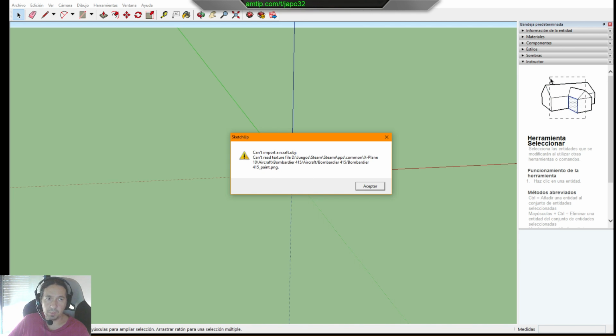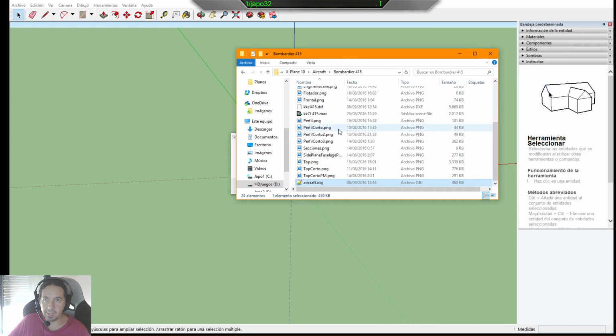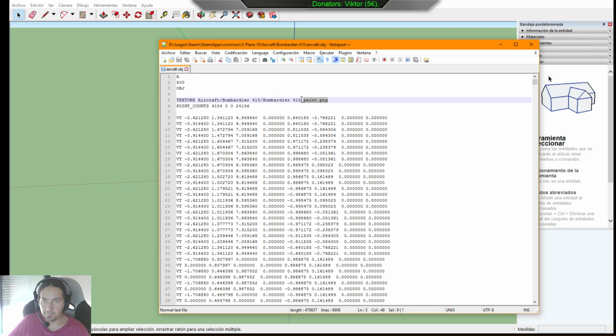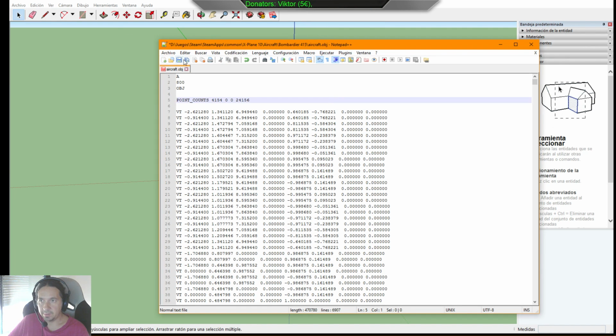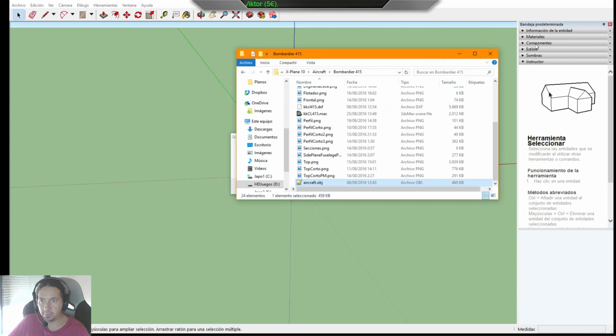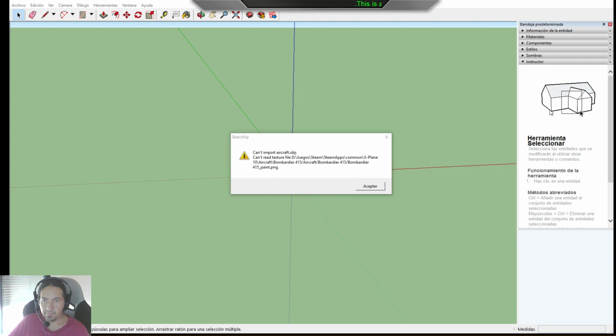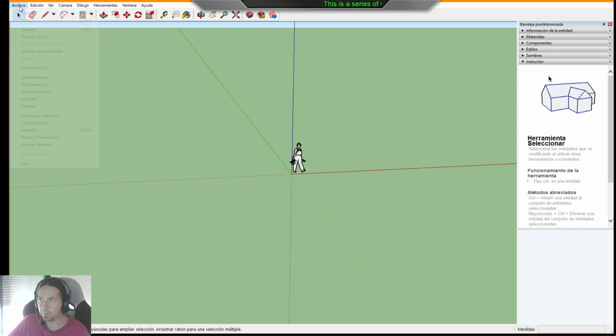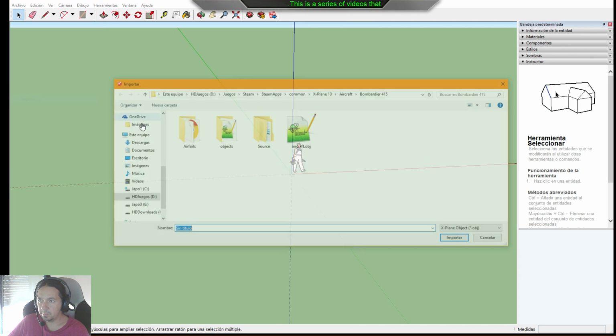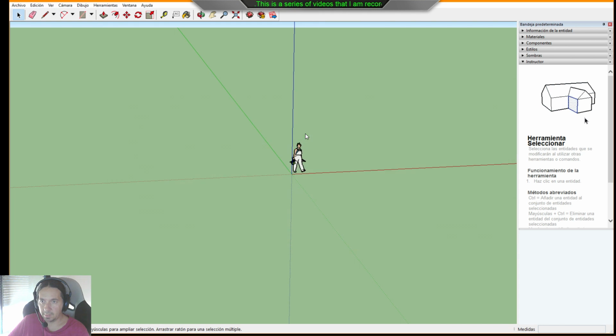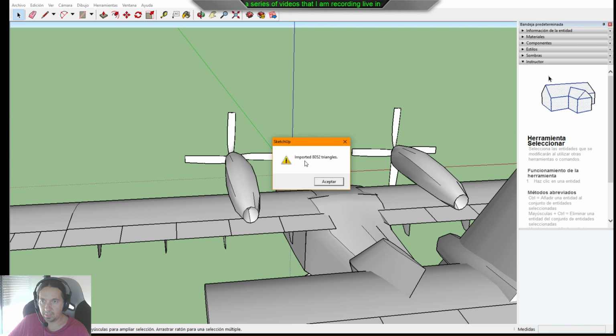So what we are going to do is go to that file where we loaded the aircraft, this one, and we are going to remove this line. We just save, because it's a test file, okay, and we are going to import this one again, and it's going to say imported